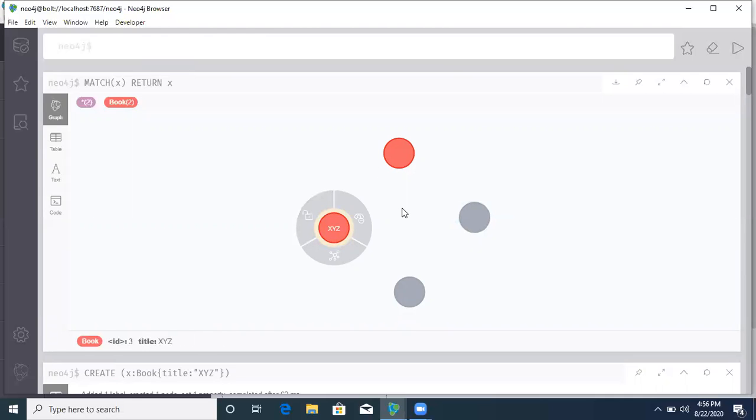So this is how we can give a label. You can create a node, you can view a node, you can assign a label, as well as you can deal with the properties for that particular node. So this is the basic initial tutorial of Neo4j. In coming sessions we will see how to create relationships and the more advanced things in Neo4j.